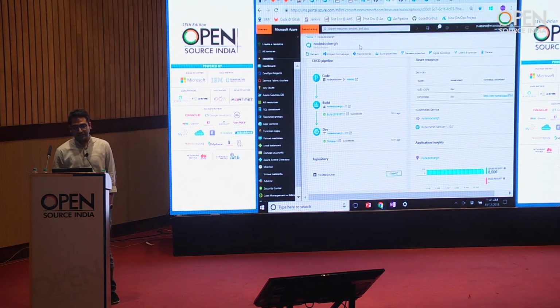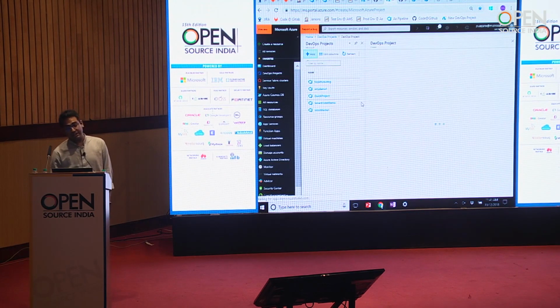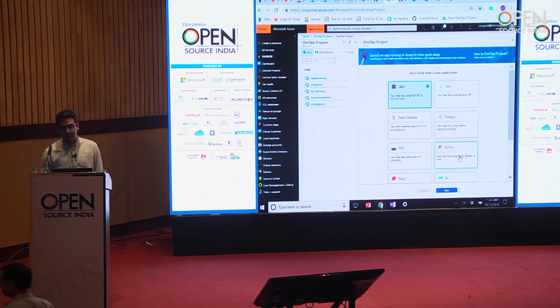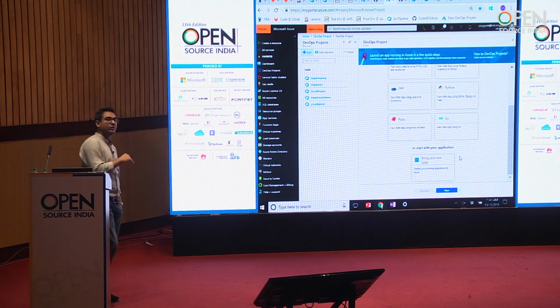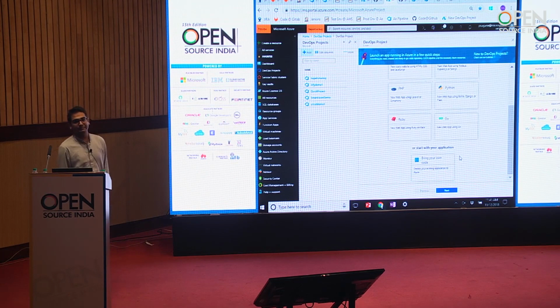the languages that you need. For example, over here, we support, and there are tools in the market which support, .NET applications, Java applications, Python, PHP, Ruby, and Go. And obviously, if you do not want to have a sample application, you can bring your own code from GitLab or GitHub. Thank you.